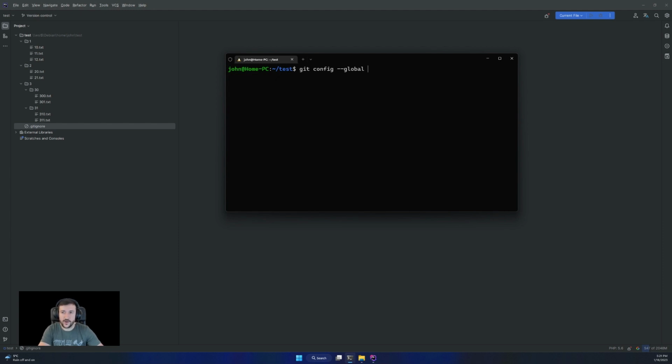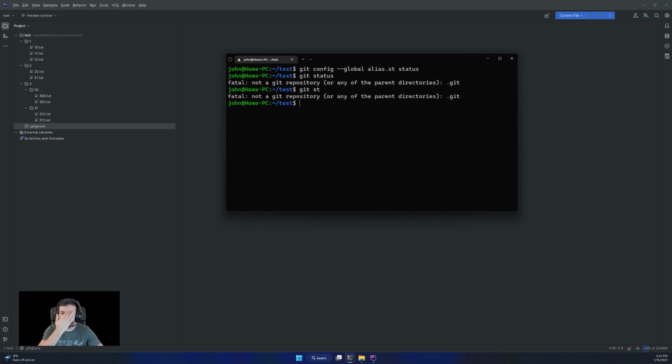Another useful use of the global command is to set aliases. So if I want, let's say, instead of typing status to type only st, I will do alias.st and then the command I want to make shorter. So if I do git status or git st it will be the same thing. There are also some other configurations that you can use with global, and I'm pretty sure you will find this on the GitHub website. I'm not going to talk about it that much.